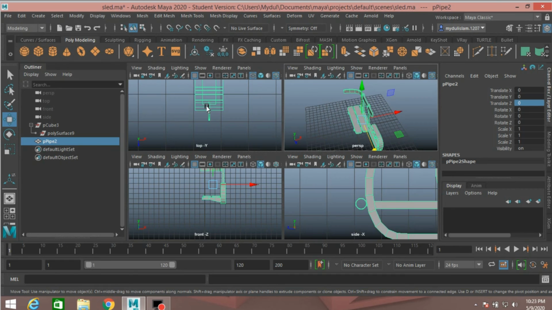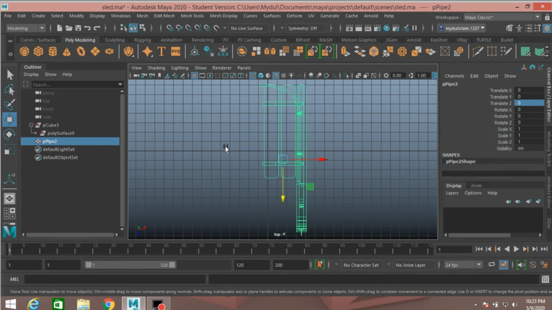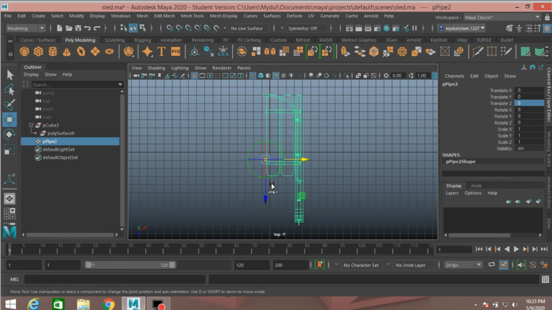Now go to top view, press F to focus, press D or insert key on your keyboard to edit the pivot point, press V to snap it to here, or press V and snap it to this edge.